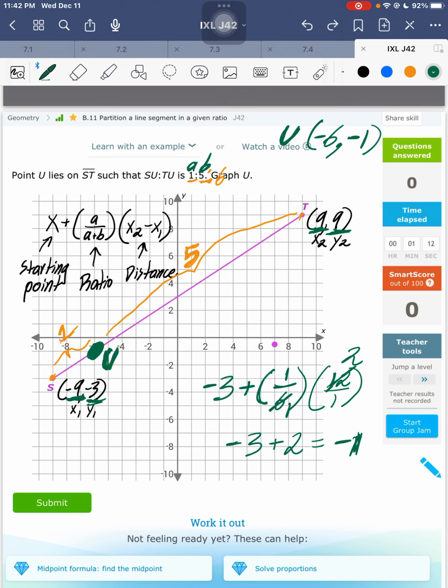Okay, if you guys have any questions, ask me in class, but you got to come up to me. I have tutoring on Thursday afternoons. You guys know that. Your IXL is due on Thursday. So if you still need